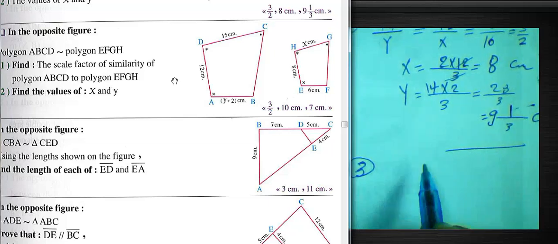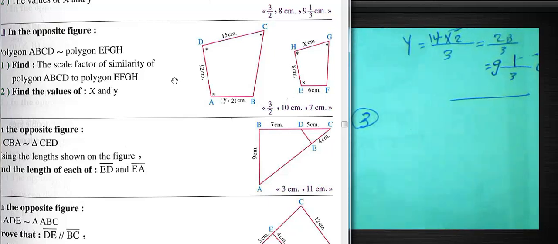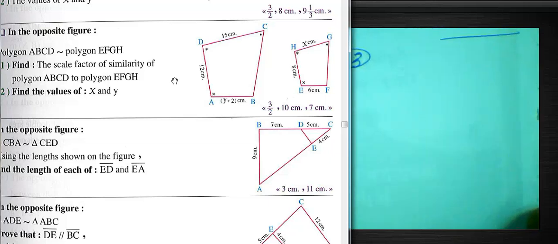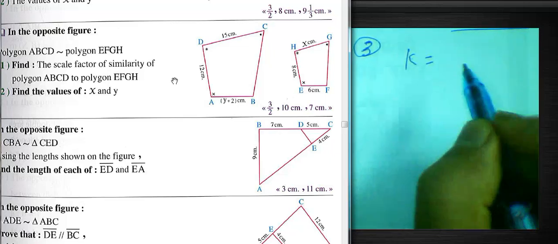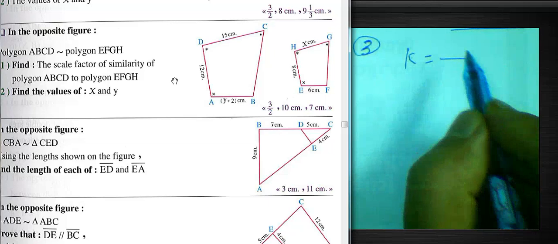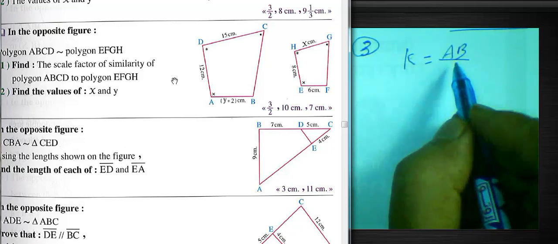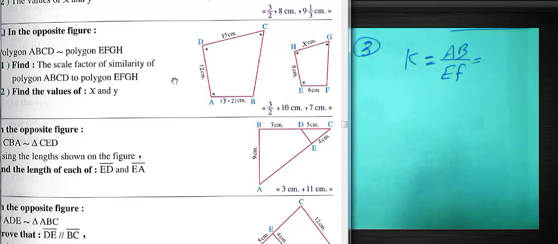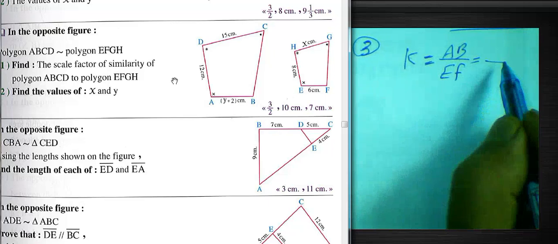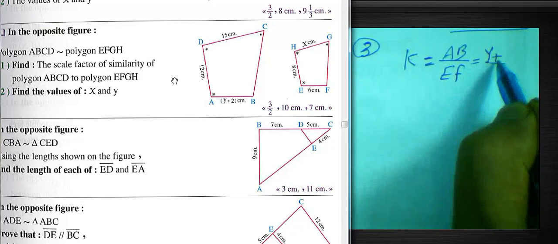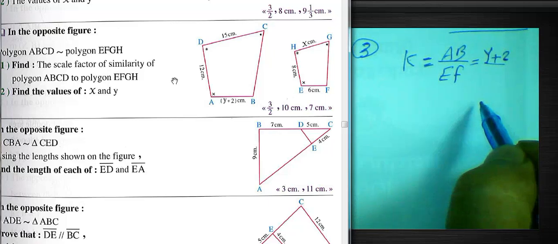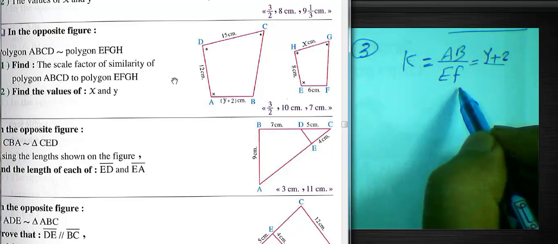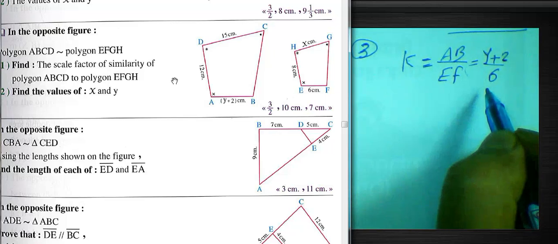Okay, question number 3, we can find the values of x and y and find the scale factor. Scale factor, we will refer to it by K equal AB over EF, because we have similarity between two polygons. AB equals y plus 2. Oh, it's unknown here. Okay, never mind. We can write here that EF equals 6. We can find the ratio or find the result. Okay, we will